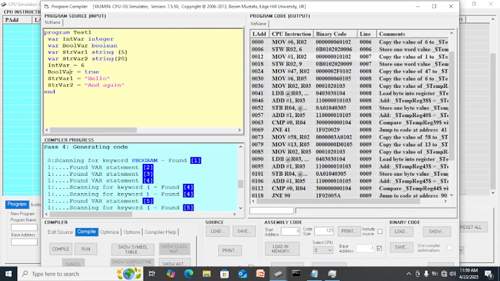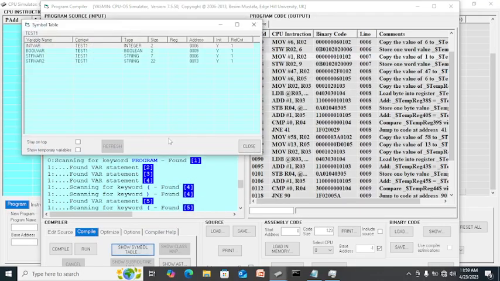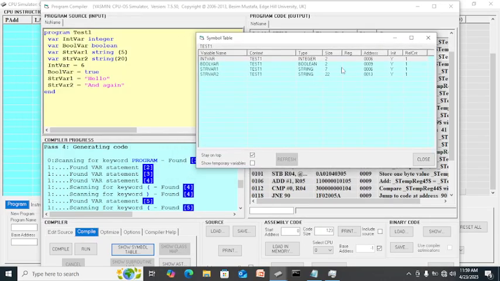You click the Boolean variable, so this is the one, and show symbol table, and you can see these are the integer, this is the variable type, and these are the address. You can click this one, stay on top, if you want to see it always on top. So we have 696 and 13.